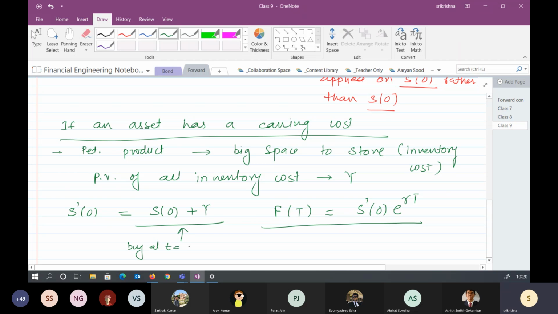So this is the cost you are actually bearing. One part is that you are buying the asset. Second part, you have to pay some amount of money as an inventory cost or storage cost, right? So if you have entered into the contract with somebody, he is the one who is paying the inventory cost. So when we are buying at capital T, along with the spot price, he is also bearing the present value of all the carrying cost. Yes or no? It's very simple.